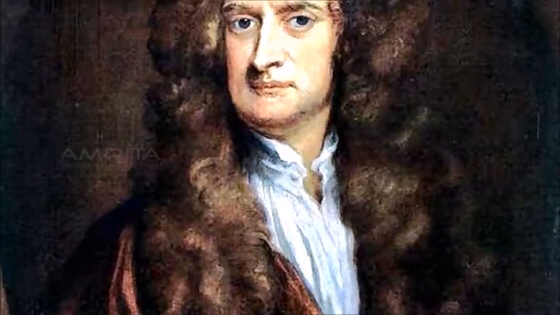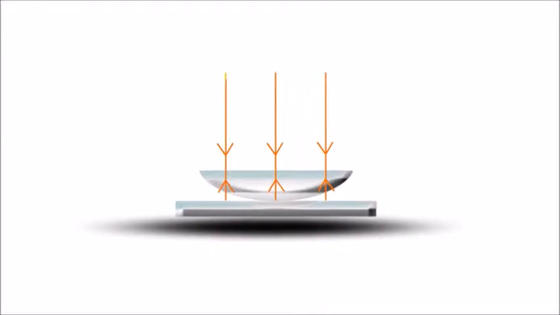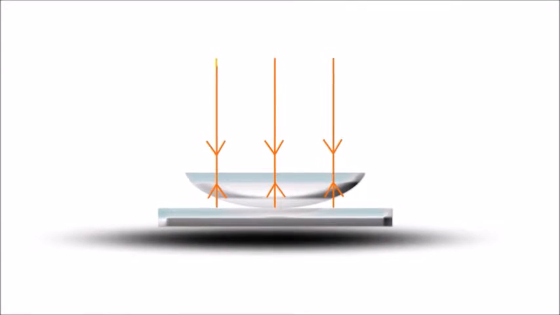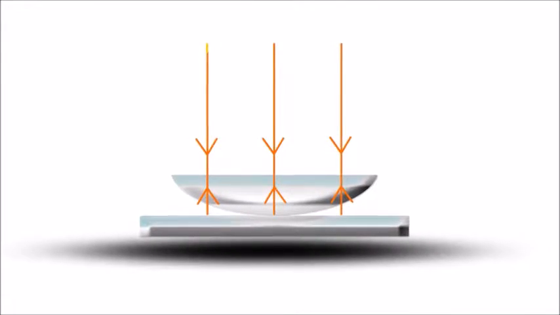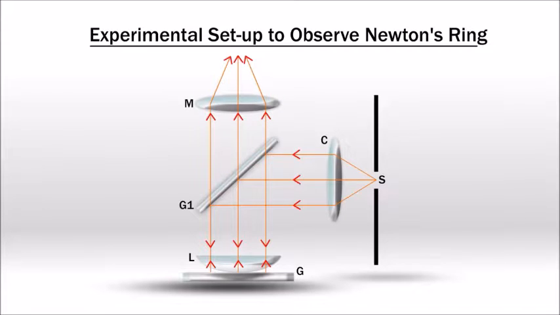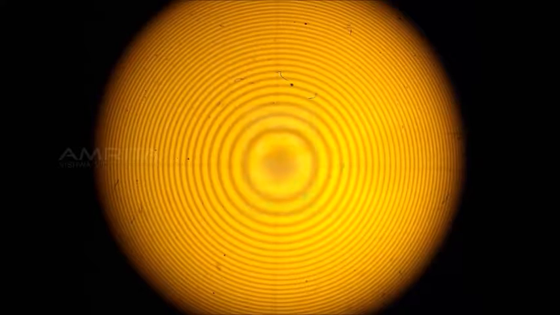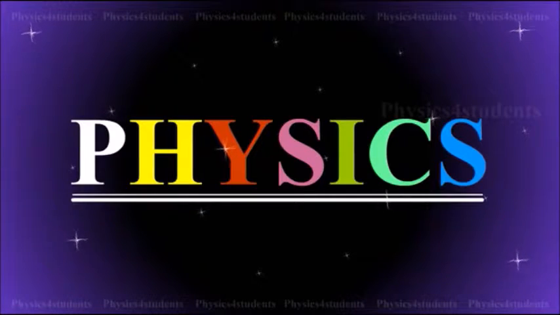The phenomenon of Newton's rings, named after Isaac Newton, is an interference pattern caused by the reflection of light between two surfaces, a spherical surface and an adjacent flat surface. When a parallel beam of monochromatic light is incident normally on a combination of a planar convex lens and a glass plate, a part of each incident ray is reflected from the lower surface of the lens, and a part, after refraction through the air film between the lens and the plate, is reflected back from the plane surface. These two reflected rays are coherent, hence they will interfere and produce a system of alternate dark and